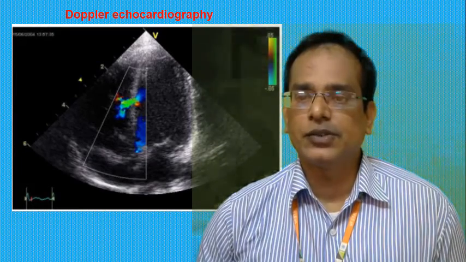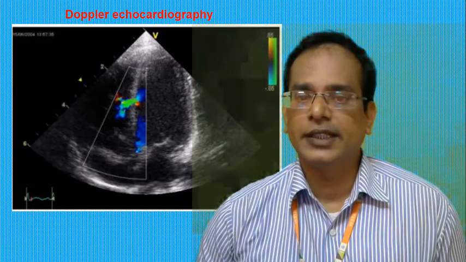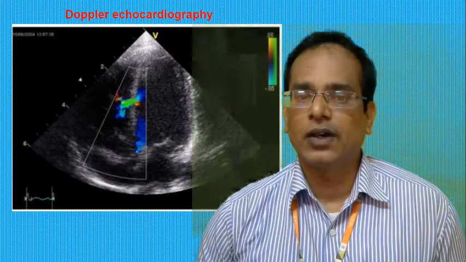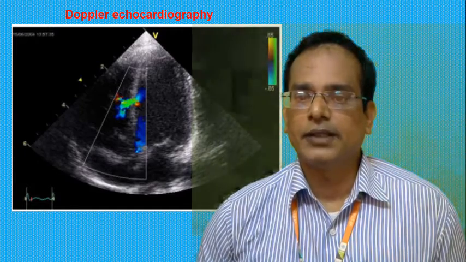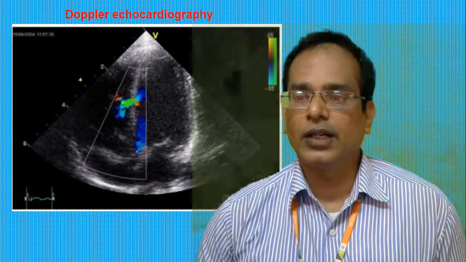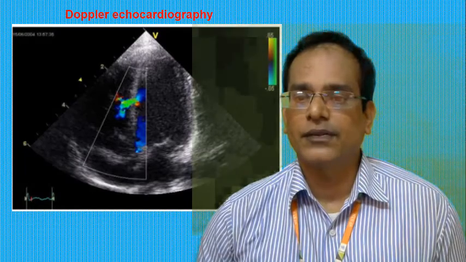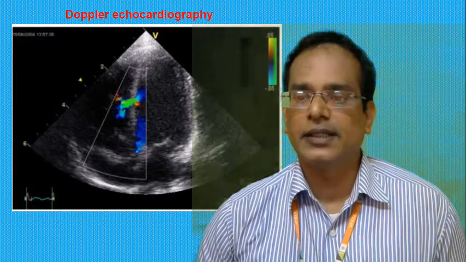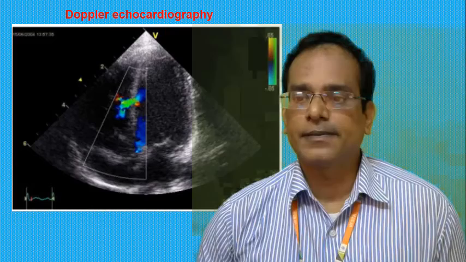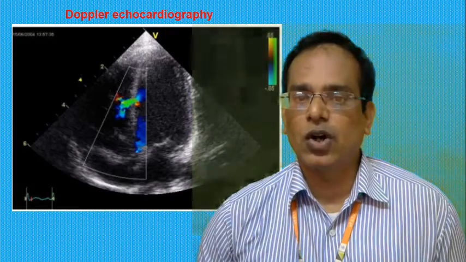The velocity measurement allows assessment of cardiac valve areas and function. It also shows any abnormal communication between the left and right side of the heart, any leaking of blood through the valves, that is called valvular regurgitation, calculation of cardiac output, and calculation of the E/A ratio, which is a measure of diastolic dysfunction. So this can be viewed with the help of Doppler echocardiography.